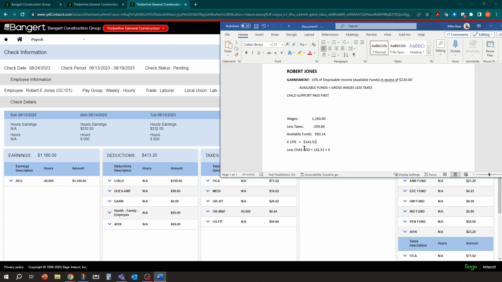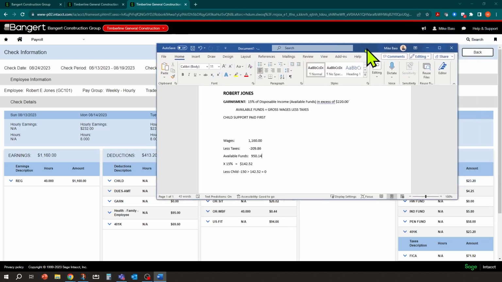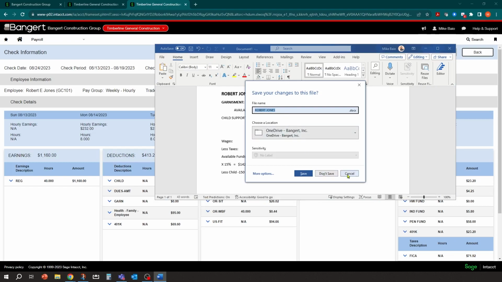But don't forget, child support gets taken out first, so it's less the child support of 150. Oh, and actually I didn't even include the 220, so I made a mistake in my calculation because it's in excess of 220, so it's actually 950 minus 220, which would be the available. So in a nutshell, it gave him a zero garnishment because he doesn't have enough available funds in the system.